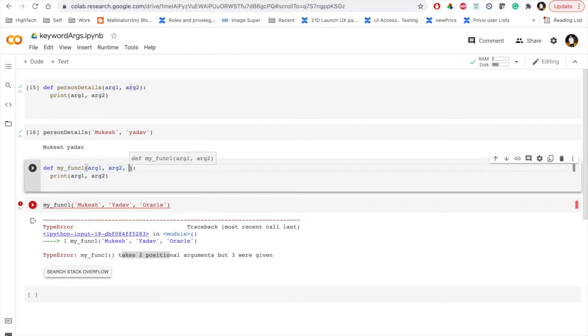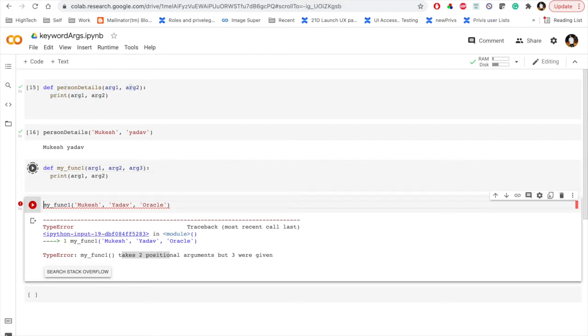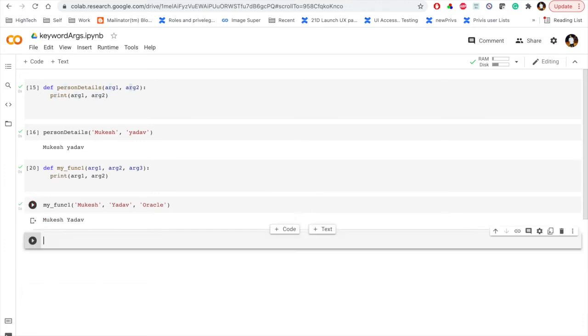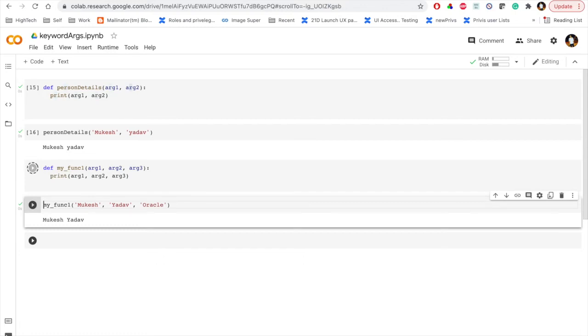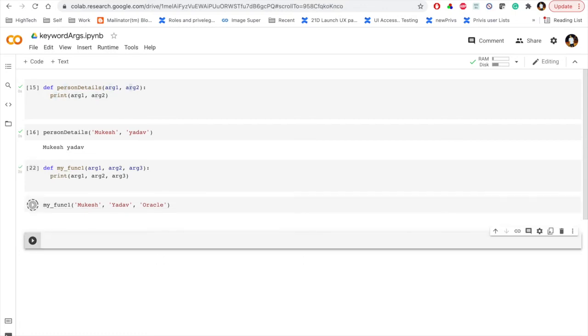The first approach you can do is pass one extra argument, argument 3, because you already know how many parameters you are passing. This time we won't get any error, and you can print argument 3 also, so it will print the entire output.